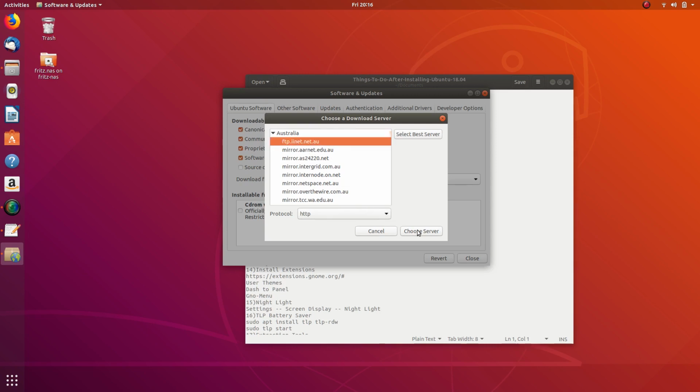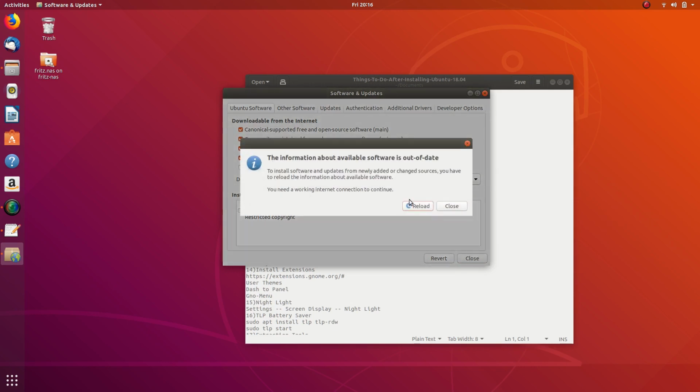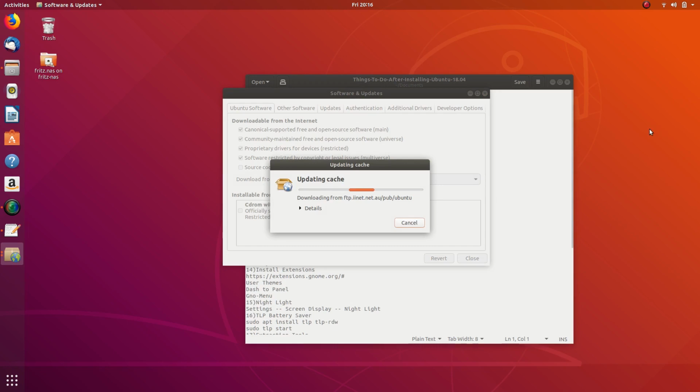I'll try that one. Choose Server and Close and Reload. So choosing one of those servers, they're the fastest ones that it's meant to have found. Don't know about the Romania one though. I don't know whether that'd be quicker than an Australian one. So,